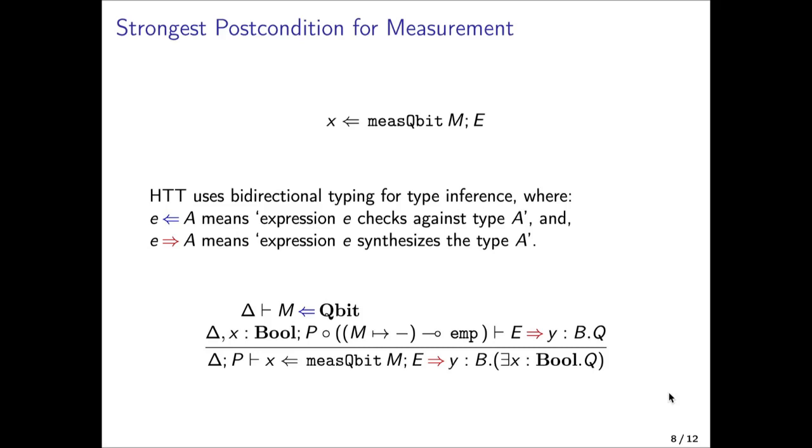So that's the strongest postcondition, but there is more. We also need to generate a verification condition that says that in the context delta and the state or heap context psi, the precondition P should imply that M was actually allocated. So this symbol just means that in our heap, M was allocated to something. And these are just two operations we will need to see for this presentation.